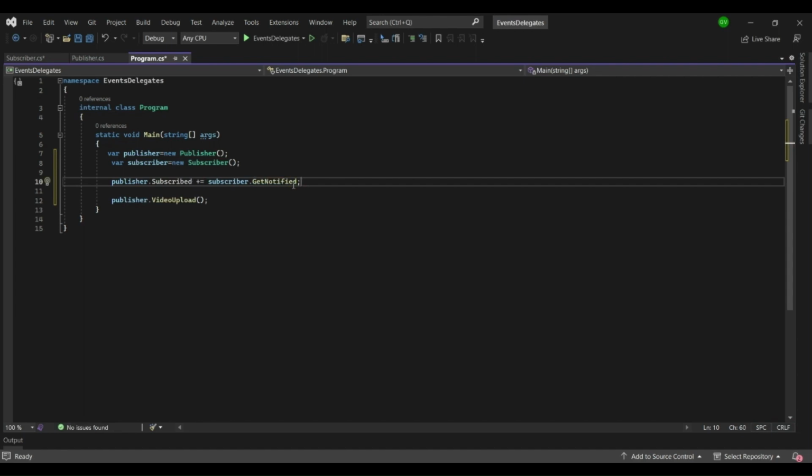Even though this one is GetNotified as a method, I have not used the parenthesis. So this will simply act like a reference to a method, which is nothing but the function pointer. So now whenever the subscriber subscribes the channel, they will get notified about the new video